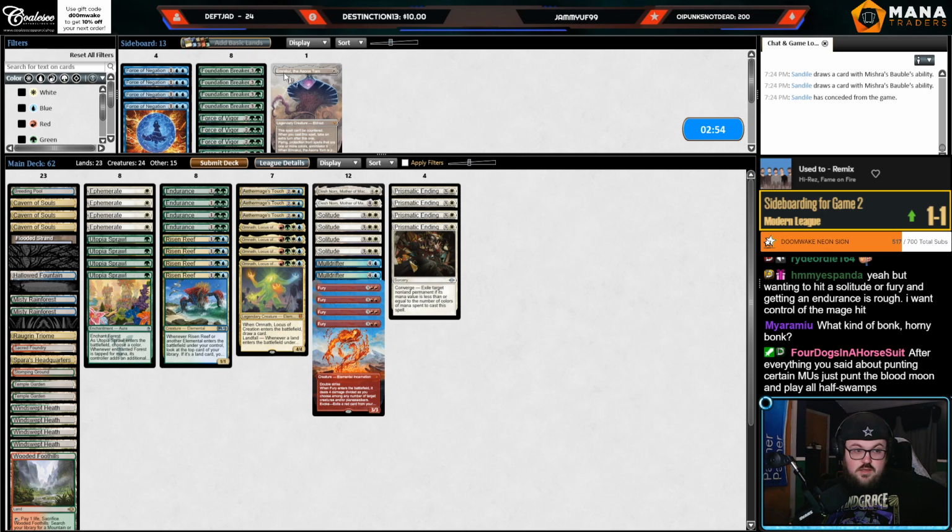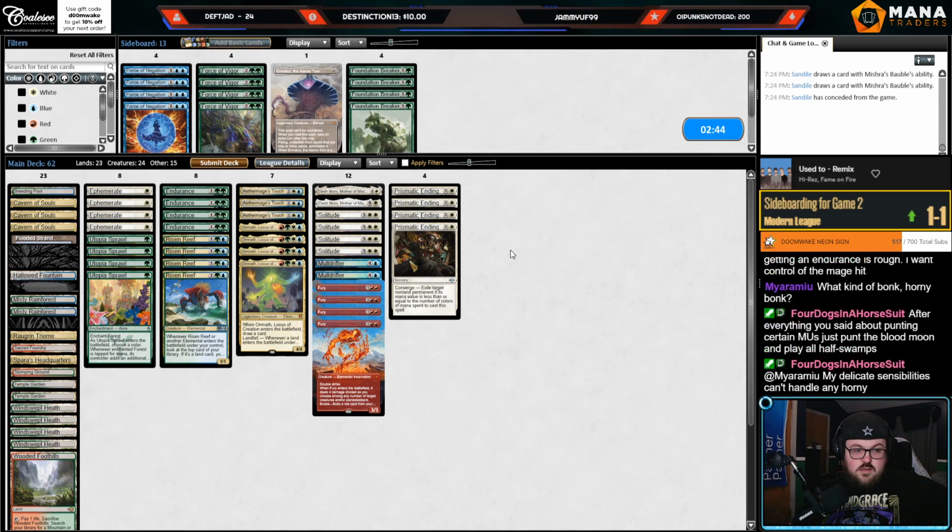Endurance seems good against the Hellraiser deck. I don't really think I want anything else. Right, they're not a Blood Moon deck. Let's cut...